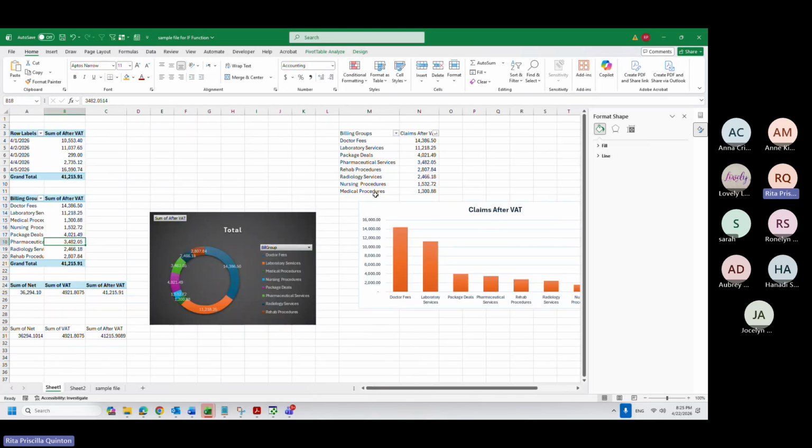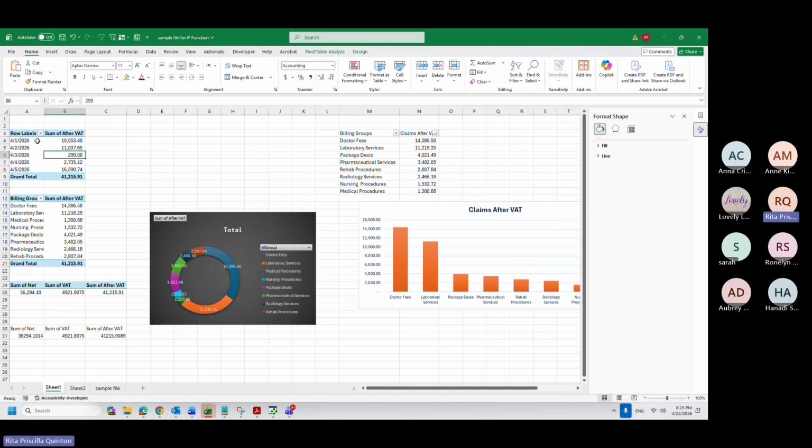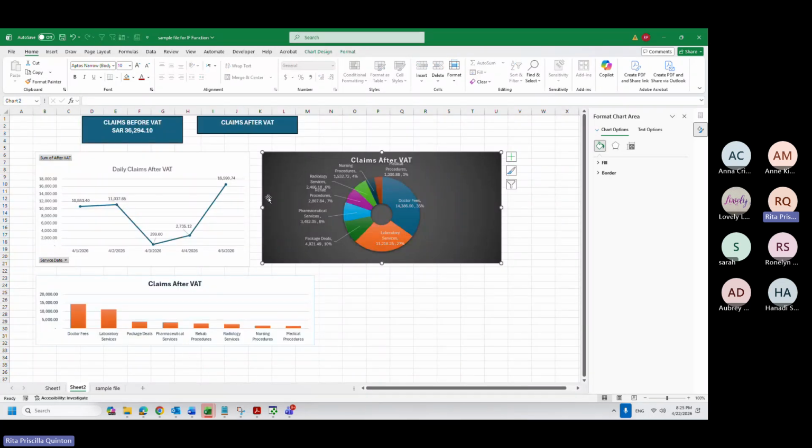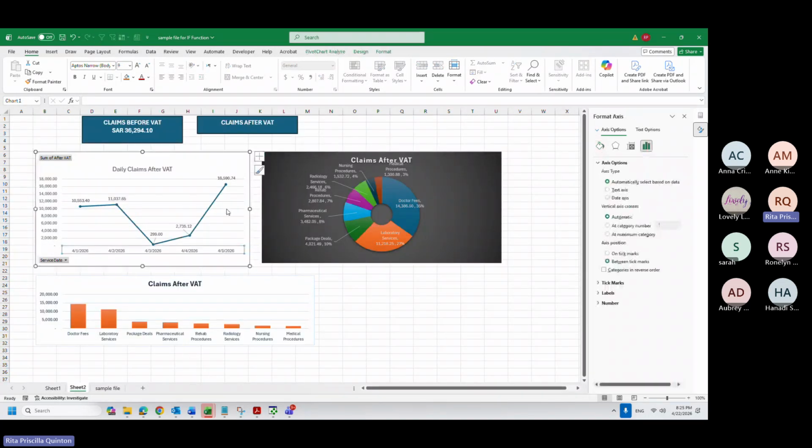Does anyone have any questions or it's fine until now? Yes, I also wanted to show you that, for example, I moved the April 5 up because right now in our sheet, April 5 is on the last, right? 16,590.